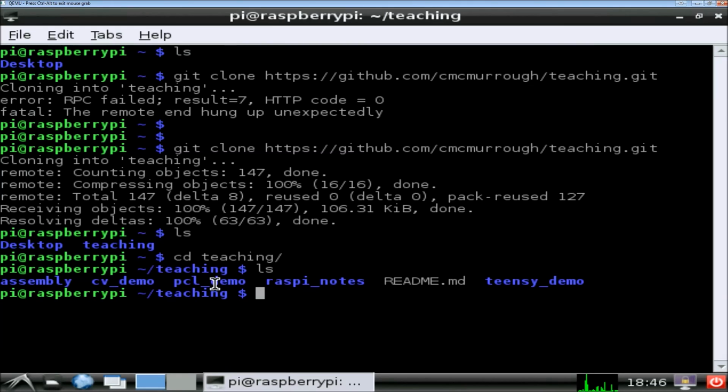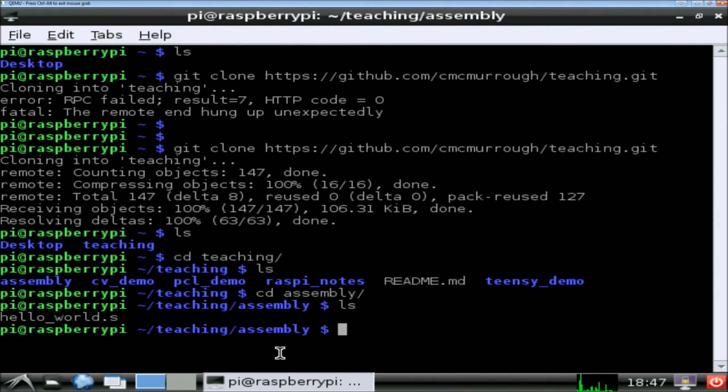If I do ls here, I get all of the folders that are in the teaching folder. I'm going to cd now into assembly, ls again, and that shows me the files. What I want to do is assemble and link and then execute the hello world.s